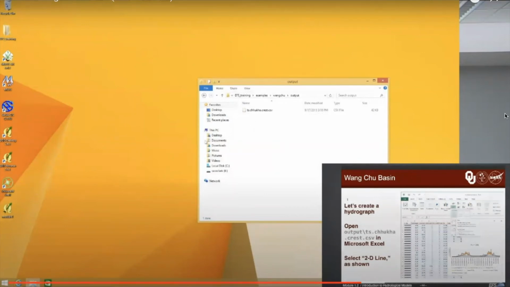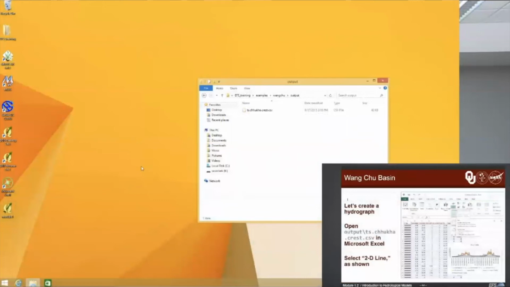.csv. So what we want to do now is we want to use Microsoft Excel actually to see what we can actually look at with the results, to see what sort of